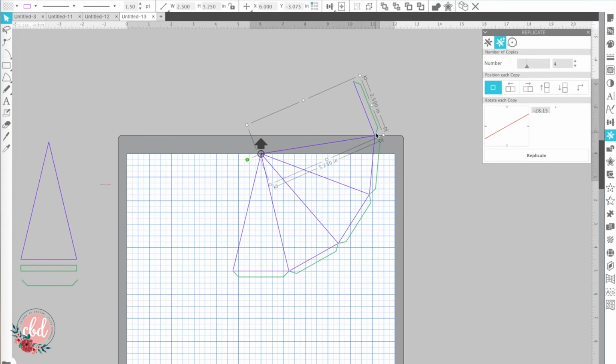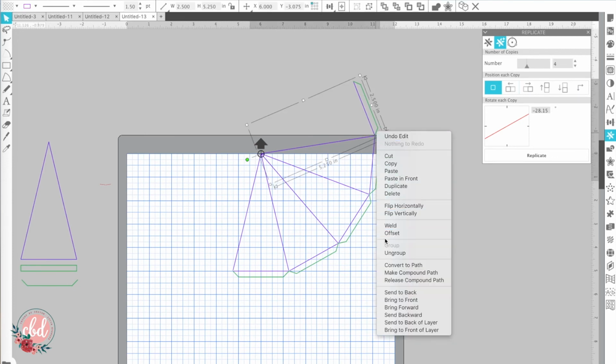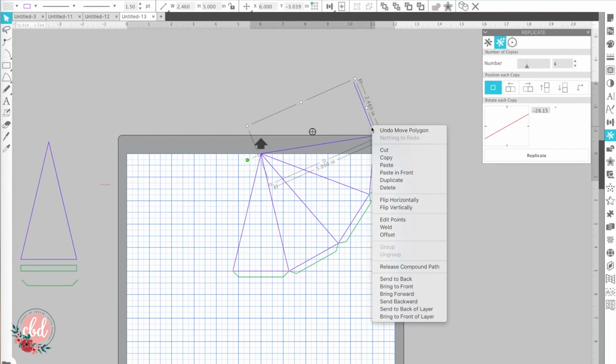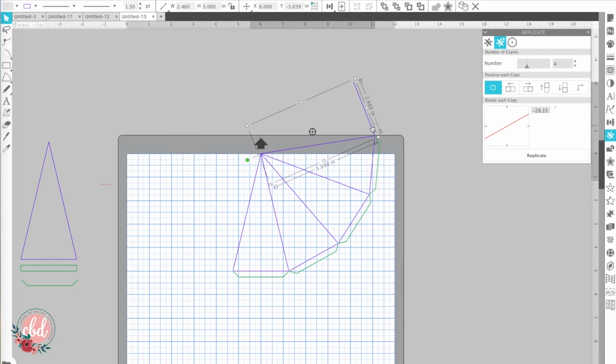So I'm going to ungroup this, right click, ungroup, just click on that green and delete it. And I should be able, let's see, I'm probably going to have to, I don't want to move that. So let me,